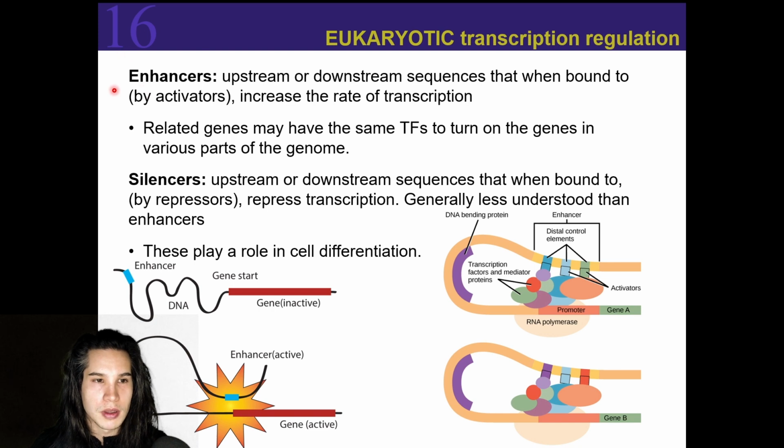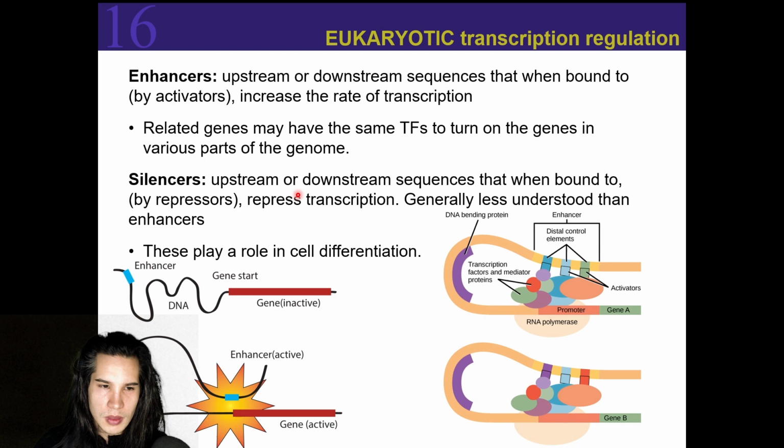Now we also have some other things that we will notice on eukaryotic genomes: things called enhancers. Enhancers are a stretch of DNA that an activator can bind to. Enhancers can be upstream, before the gene of interest, or downstream from the gene of interest. When they're bound by activators, they will increase the rate of transcription. Typically the activator will bind to the enhancer stretch, and that will cause DNA to fold in a way, or recruit proteins, to enhance